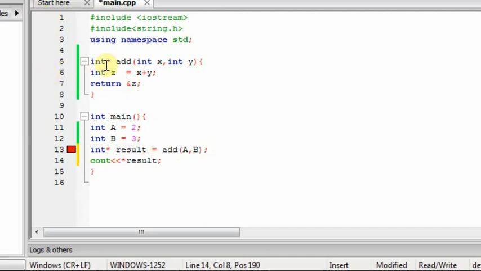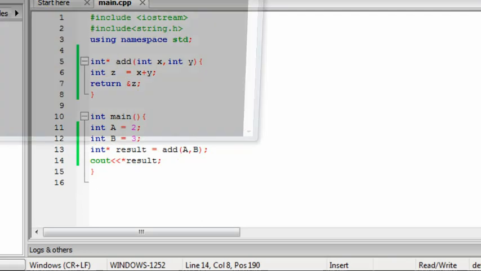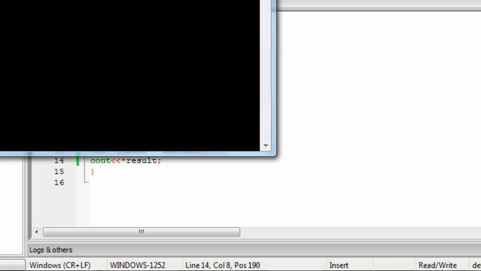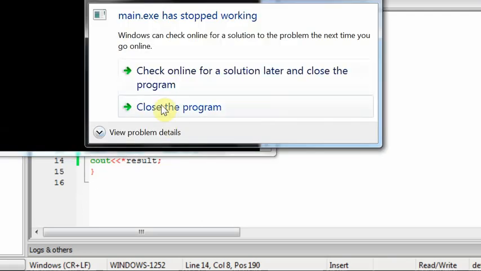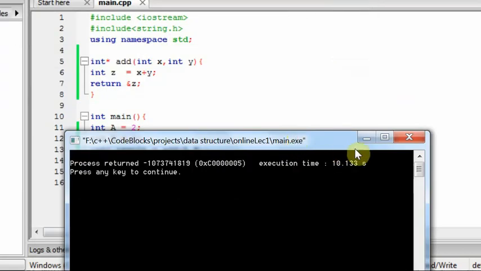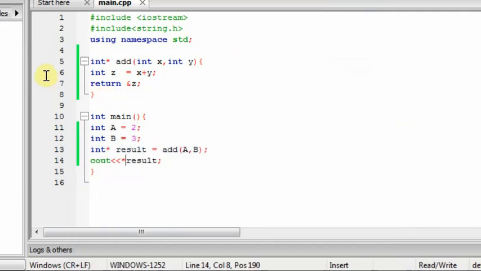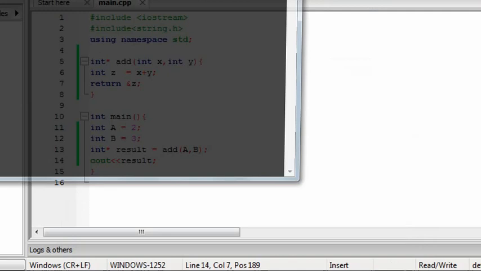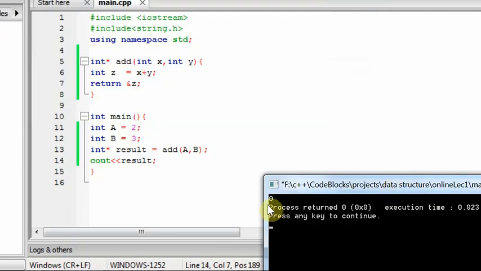So now look at the value of result. It stops its execution. Why is it stopping its execution? Because it is storing the result, and if I simply print the address, it is giving me 0.